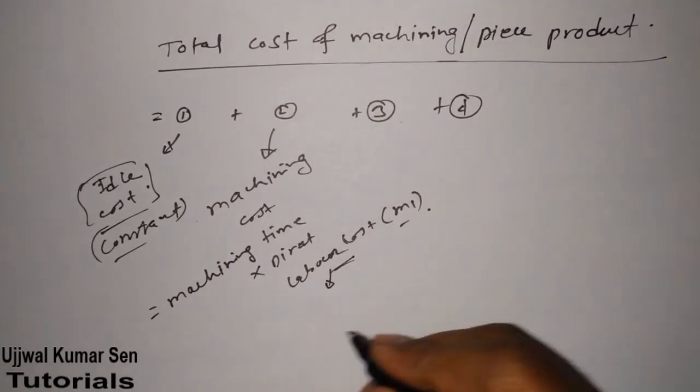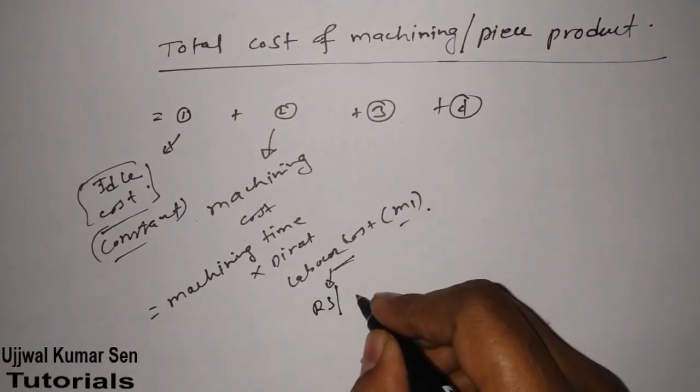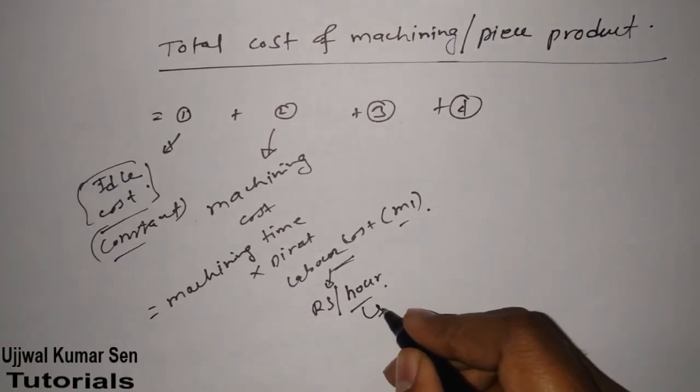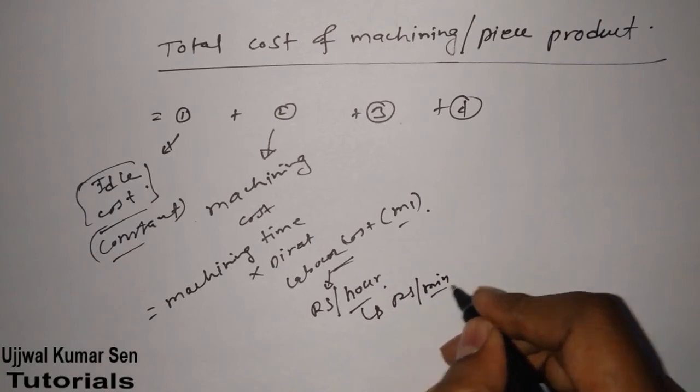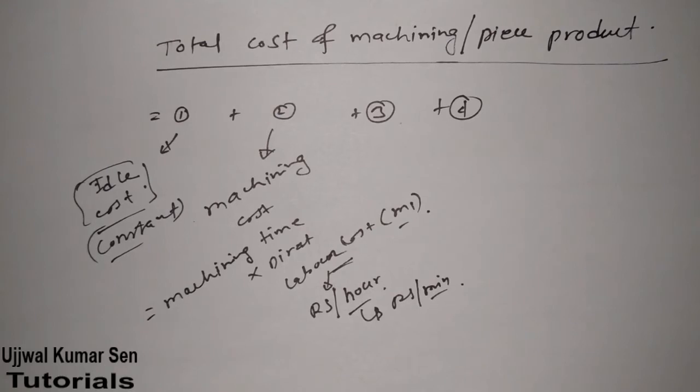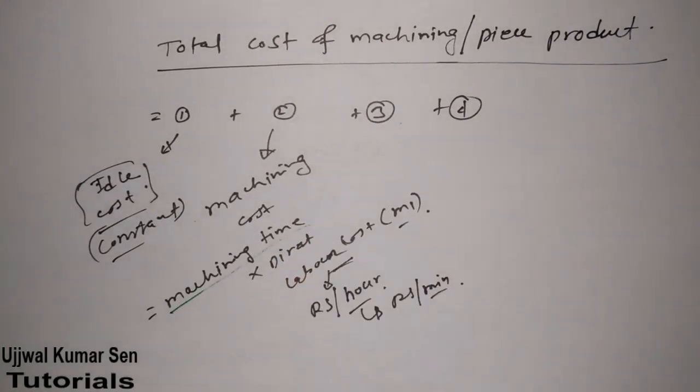One thing I need to share with you here. Most of the time the direct labor cost will be given in the question in rupees per hour, but you have to convert it into rupees per minute because you have to find the required answer in minutes most of the time. So do check the unit first. Unit plays the most important role. If you do not check and make a mistake in that, then what is the use of knowing all these things? There is no benefit of knowing the formula. So always see the unit.